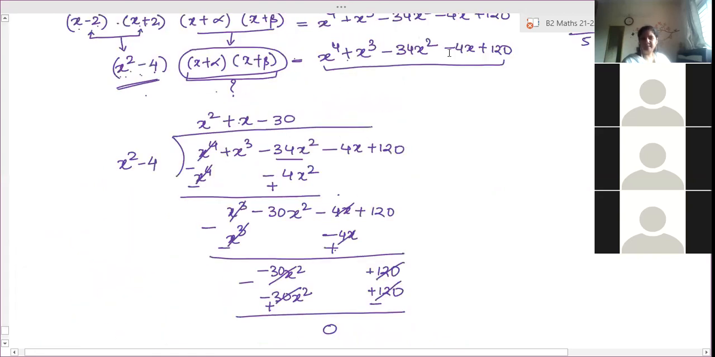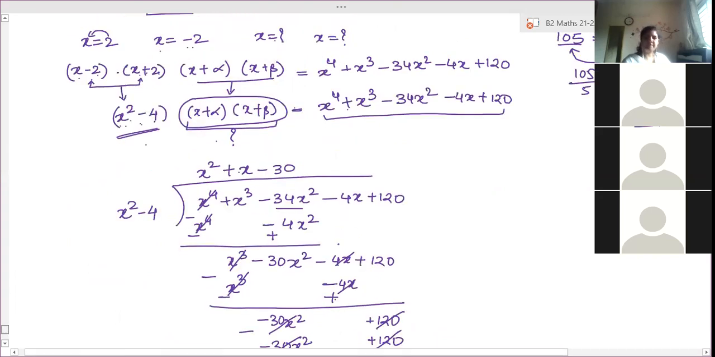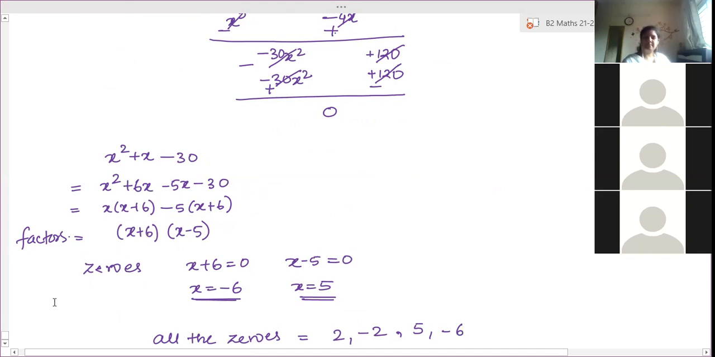Ma'am, you have written that we have to find x plus alpha and x plus beta. Ma'am, instead of that plus sign, can we write x minus alpha and x minus beta and find? Yeah, that might be okay. No problem. Ma'am, but if we get a different answer, does it matter? Like the sign may be different here. No,